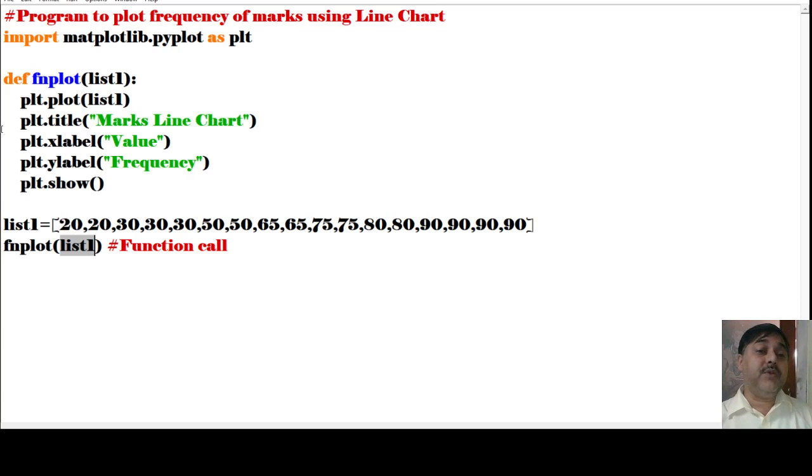After taking the list 1 values, it is going to create the particular structures. Okay, it is going to make the particular structures. In this structure, you can find plt.plot(list 1), that means what is to be plotted, list 1, whatever the values in list 1 are, you plot that. Clear? So there you can see I have given the title, the x label name has also been given, the y label name has also been given, and plt.show.